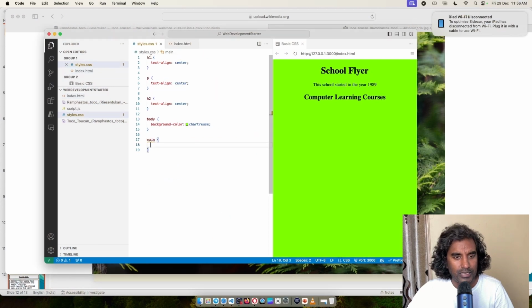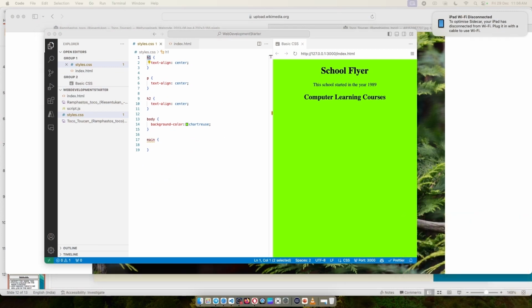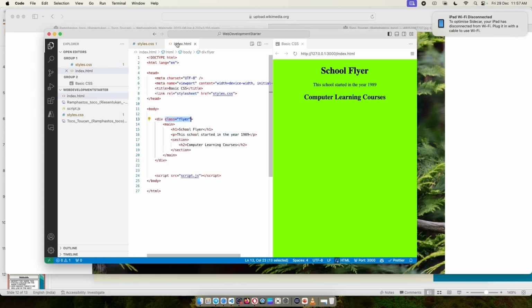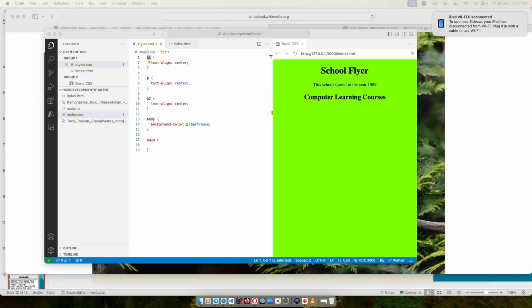CSS classes are separate. In CSS, you can have selectors in different ways. If you go to the screen right now, you'll see that you can select using the tag, but you can also select a specific block of code using the class selector. That is what we are trying to do here. So let me jump back to it. I've created a class called flyer, and I'm going to use the class itself to select that specific section. It's always a good idea to copy paste these things. Use the dot selector and then select the flyer class.